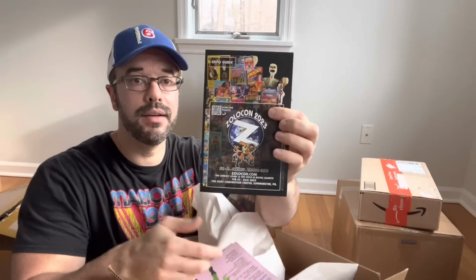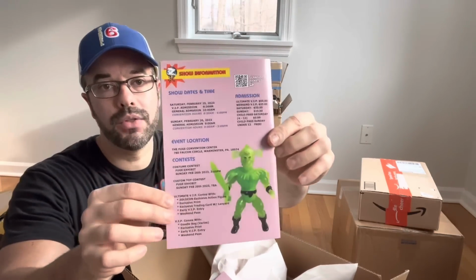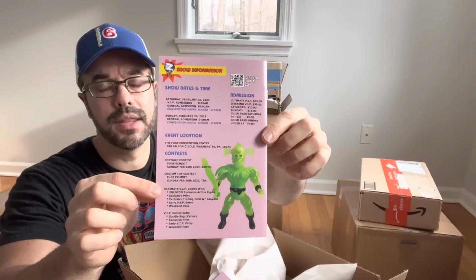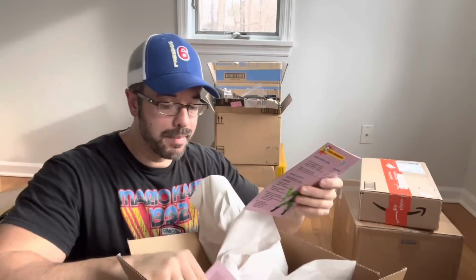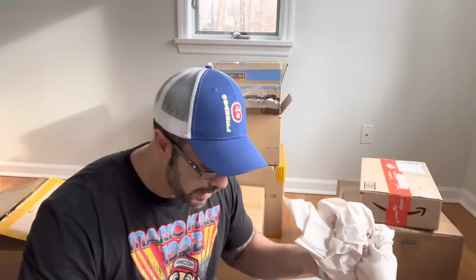for ZoloCon. And I believe Michael is doing both. He's doing two shows this year, one at the back end of the year and one coming up. The first one is going to be on the weekend that I'm getting married, so I can't exactly make that one. But I definitely want to get to one of these shows, so I'm going to try to make the one at the back end of the year, I believe maybe September. Could be making that up, but